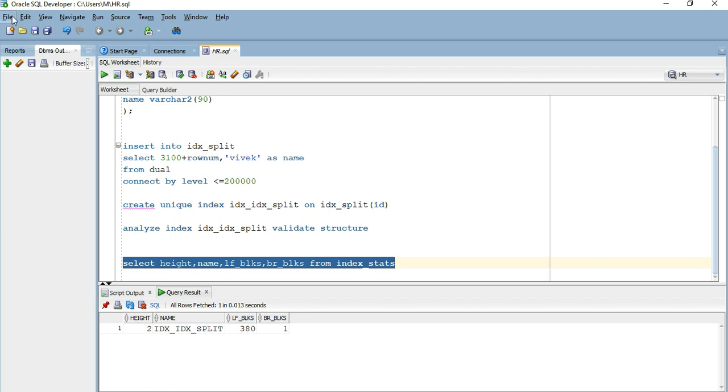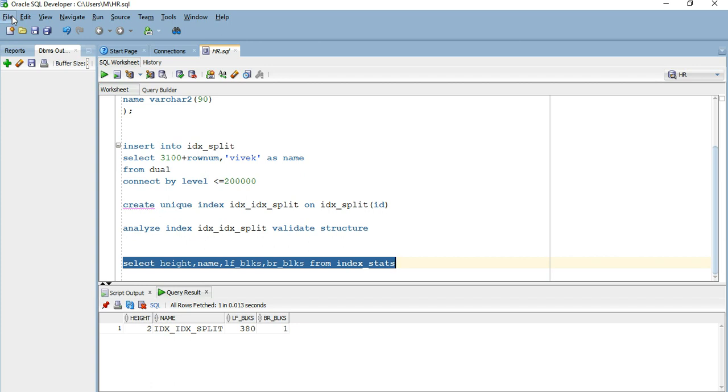So guys, let's quickly recap what we have learned so far. If we have very few rows in our table, we will have a single block in our index, the leaf block, which will have the physical address where the row is being stored on the database. That leaf block will act as the root block or the entry point of the index. As we insert further rows, it will lead to index spawning. Earlier, when we had a single leaf block, the height of the tree was 1. When we inserted further rows in the base table, we saw index spawning.